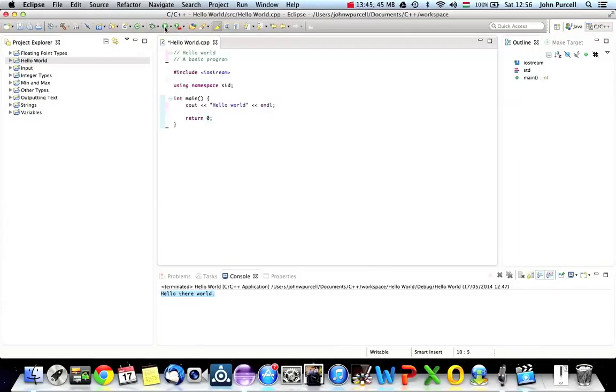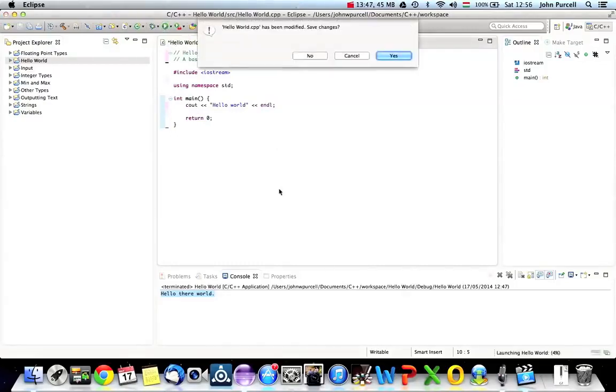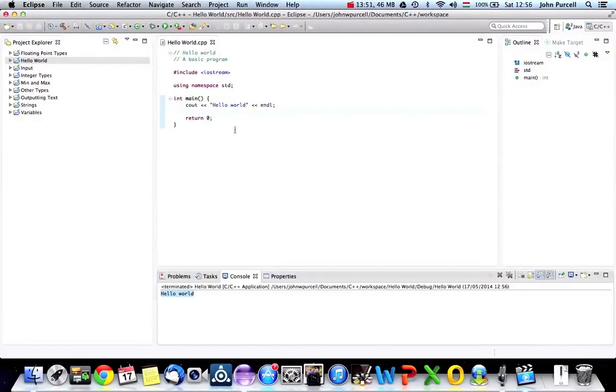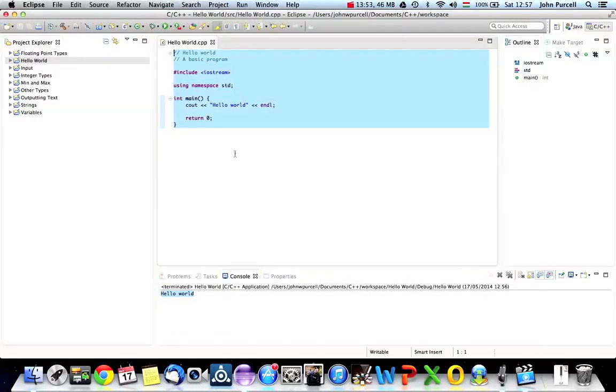And then let's run this again. So I'll click the run button. I want to save it, and it says hello world. So this is a complete C++ program. You can experiment with this a little bit if you want, but we're going to look at that more in